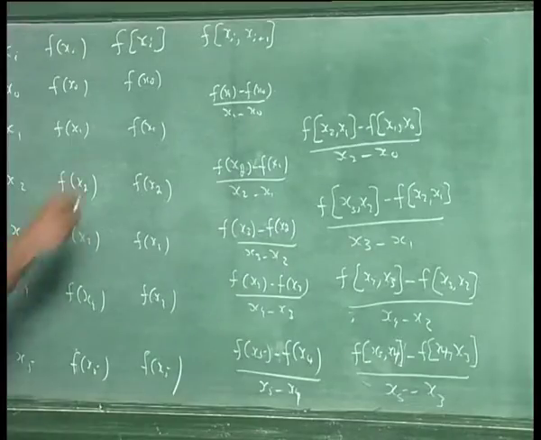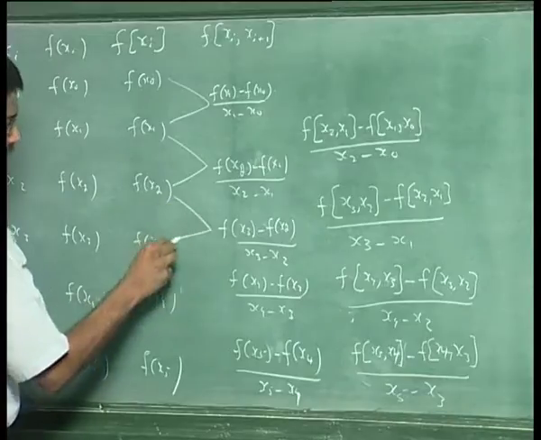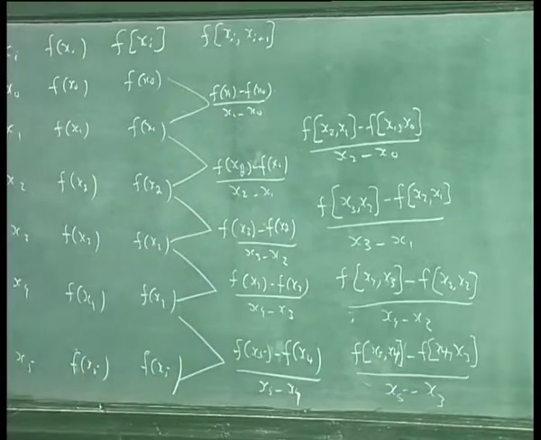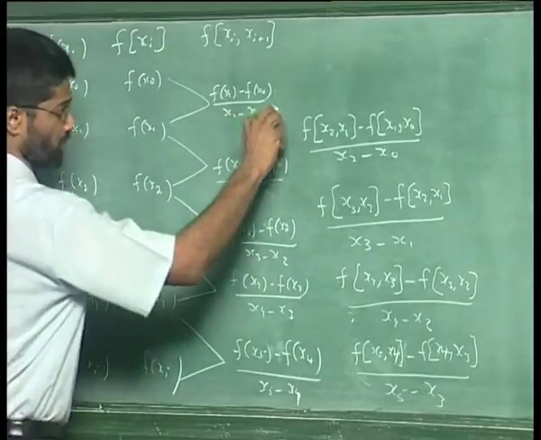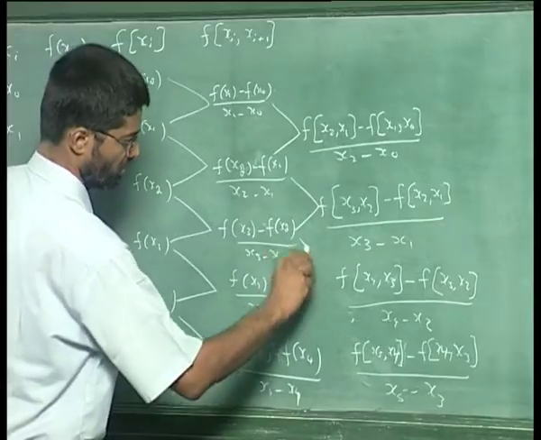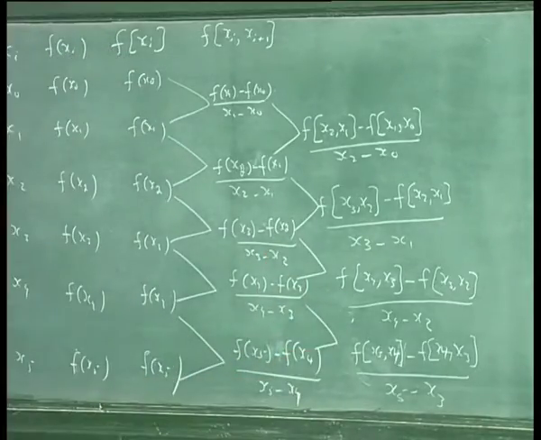So that's what we had. So these two went to that, and so we had a difference table constructed in this fashion. Now these two will go to that, and this, and we had these two going to that. So this difference table is what gives the advantage in this particular case, that once we have the difference